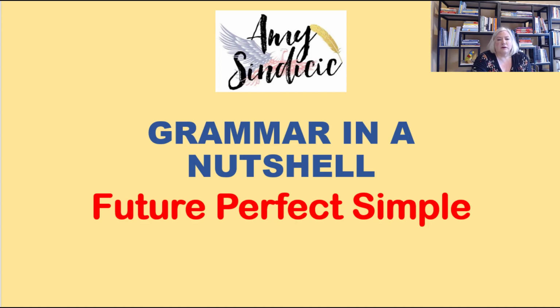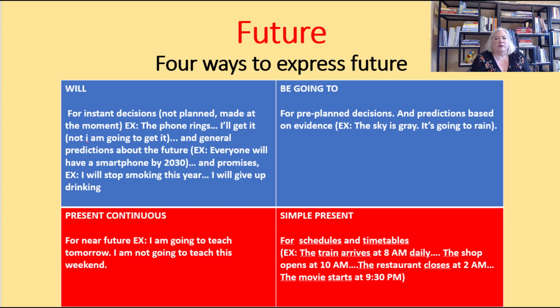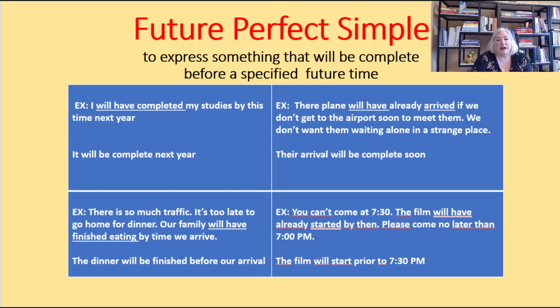Today's topic, future perfect simple. Let me remind you of four ways to express future. We can use will for instant decisions and general predictions. Be going to is used for pre-planned decisions and predictions based on evidence. The present continuous is used for near future, and present simple can be used for schedules and timetables that will